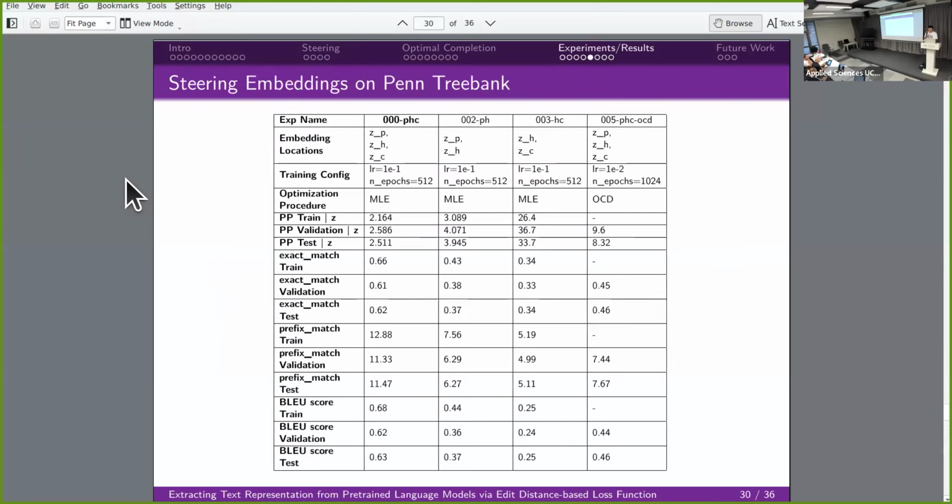Why didn't it work? If we go to the results here, you see that when we train with optimal completion distillation, we have lowered the learning rate and increased the number of epochs. We did this because we conducted a few other experiments, and if we use the same learning rate as with MLE, this OCD approach didn't want to converge. And why is it so? If we start training and initialize this embedding vector with just 0, so we don't influence the language model, it has generated something, and optimal completion distillation has suggested the optimal completions at each timestep, and the embedding is trained to